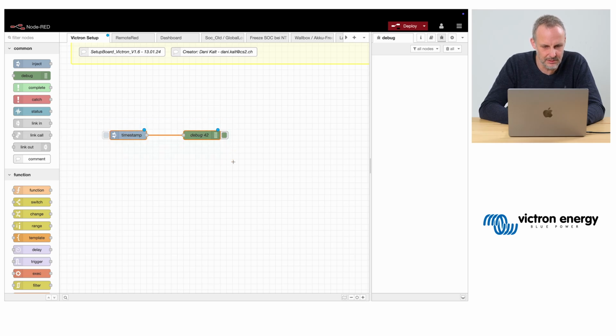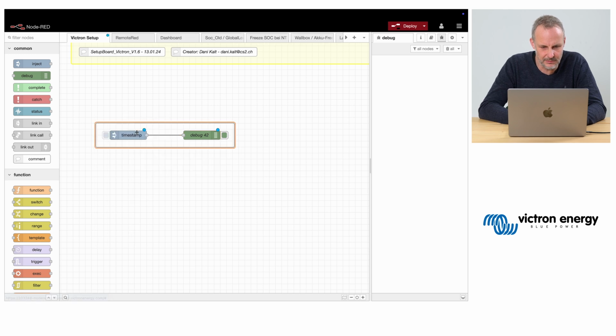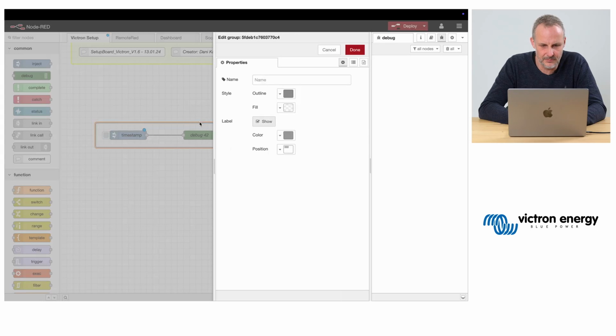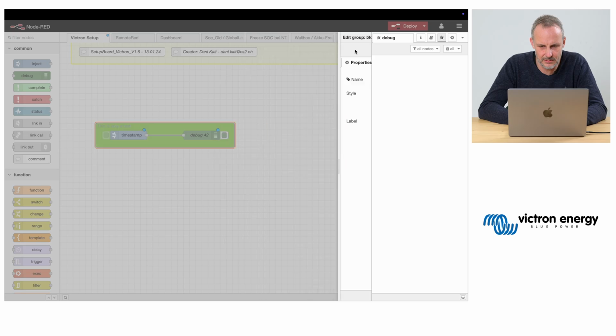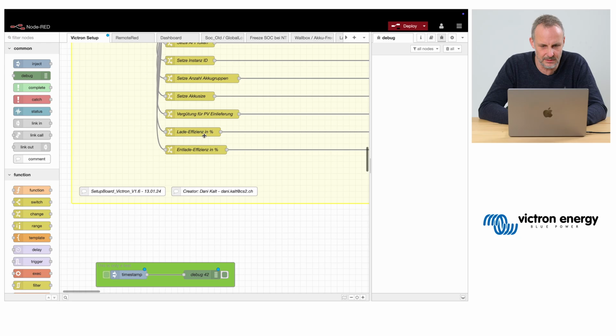If you have these things, you can first select them all, and then right click, and then you have the group selection, which you can also give some comment or a color comment. This is only a test. Fill it green. Done. So you have text here.